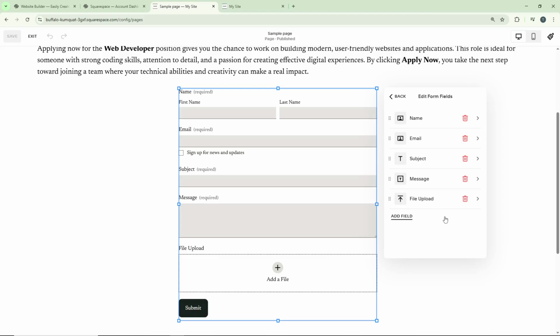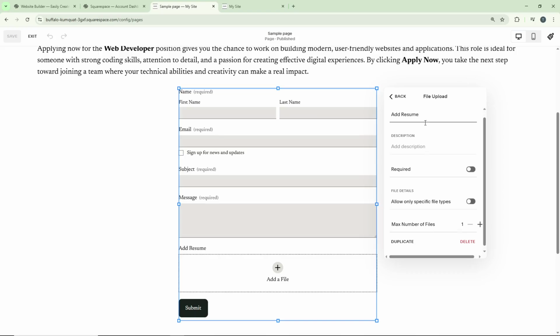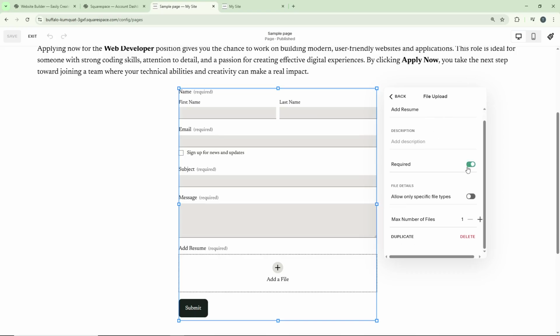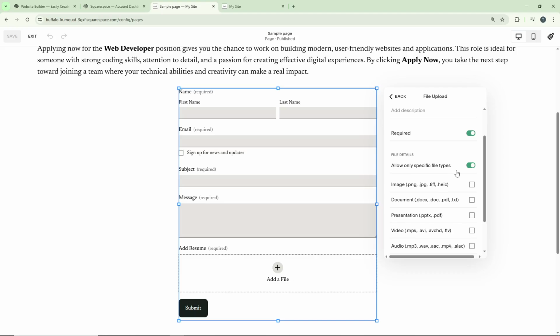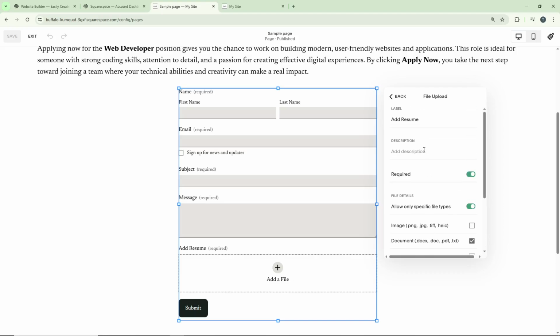Now that you've added the File Upload field, click on it to customize it. You can edit the label to something clear like Add Resume. This tells applicants exactly what they should upload. Toggle on the required option to make sure every submission includes a resume. Also, toggle on Allow only specific file types, then select Document. This ensures that people can only upload proper document files, not images or other file types that won't work for